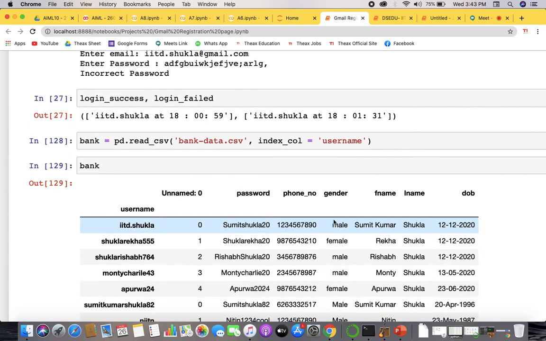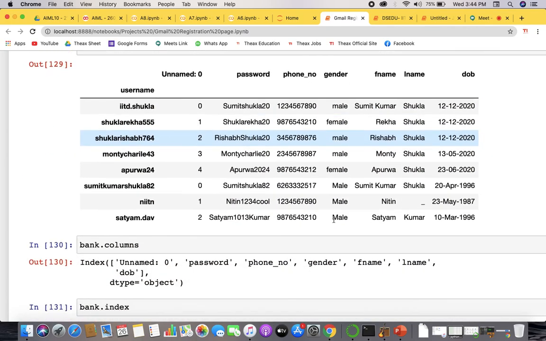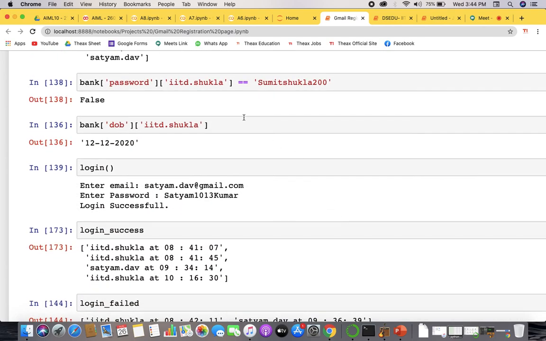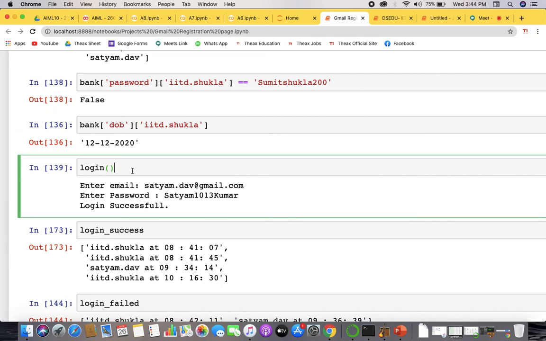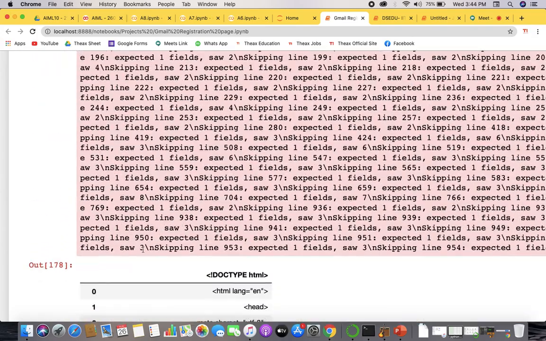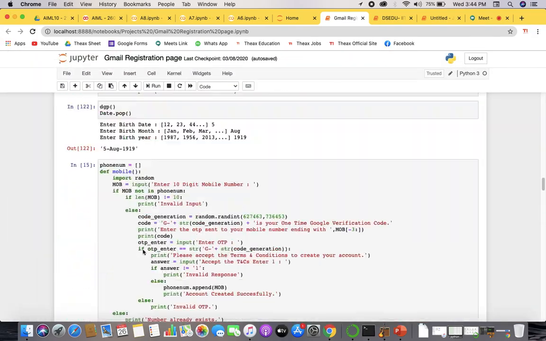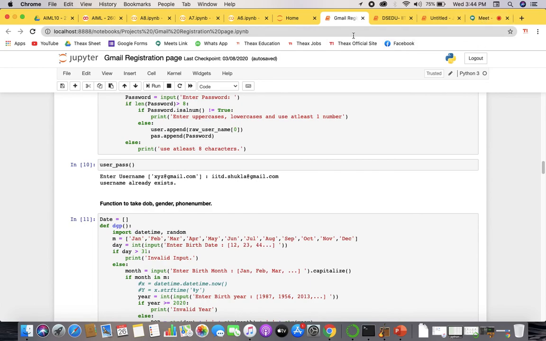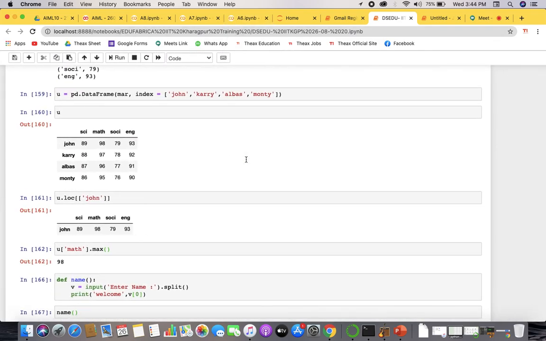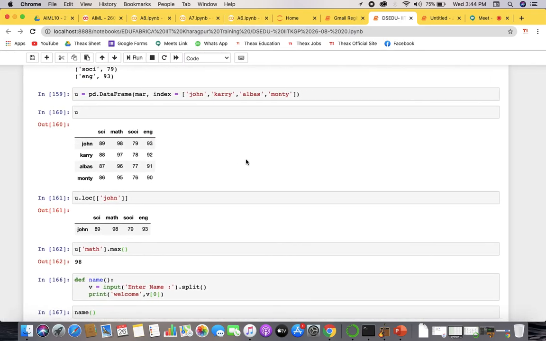So what we did is we made a total CSV of all this, and then it worked according to the data set. So now you run the login, it will be successful. If it is wrong, you'll get failed and all the outputs, and the program, the project, was completed. So there are a lot of things you can do with dictionaries. A lot more can be done, right? So in data science, dictionaries and functions have a lot of importance, right?